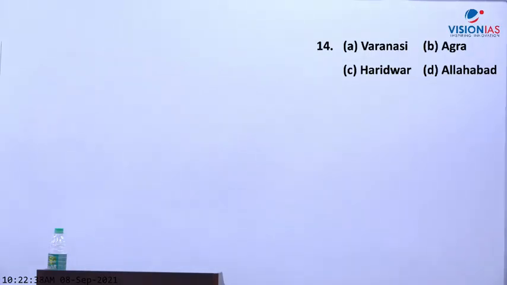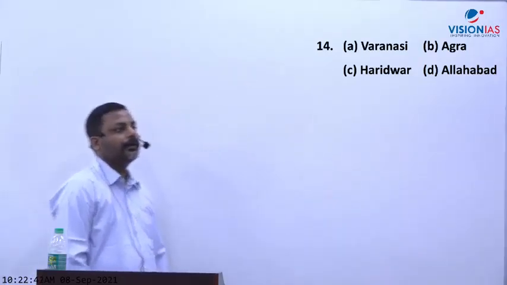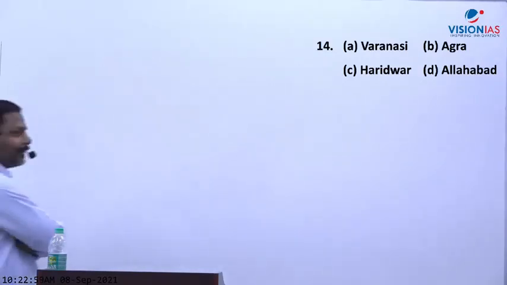Which one is odd? And the reason being, 14A. Okay. Others are pilgrimage sites. Agra, it is not a holy place. Okay. Rest are in UP. Yes. This can be one of the